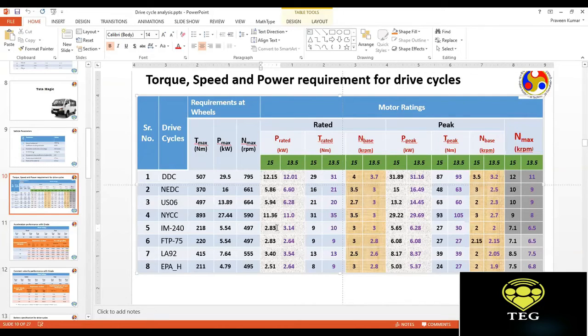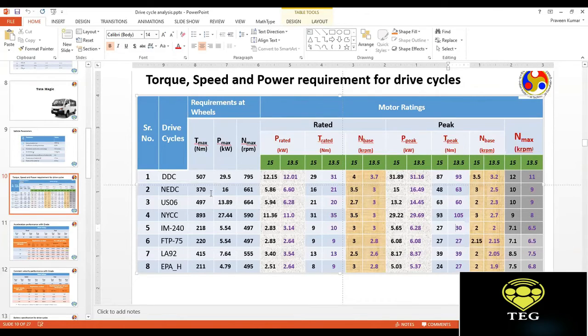Now, if you need more rating of the motor, that essentially means that the motor is going to be expensive. So these are the drawbacks, which again brings us to the point that if the traffic is not really regulated or controlled, and if the driving behaviors are not good, then that results in a system which is bigger and more expensive. This is what we discussed last time using the drive cycles, and today we even have numbers to support that. So this is something which you can see very clearly over here.